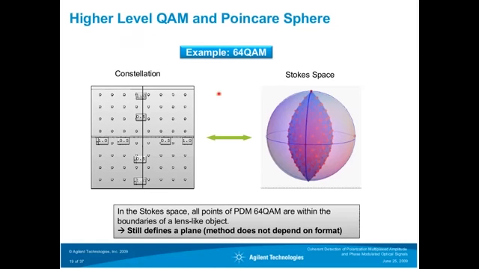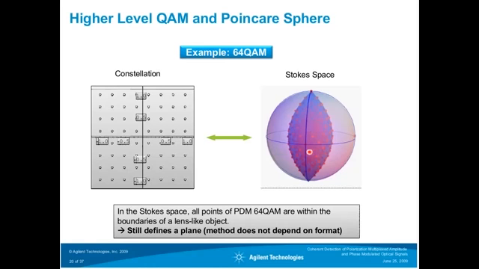So in this case, we have looked into a different modulation format. Here it's a 64 QAM format, an example of a higher-level QAM format. In 64 QAM, you have 8 amplitude levels on the in-phase part of the signal, and 8 amplitude levels on the quadrature phase. If you look at the states of polarization that can be created using a 64 QAM signal on the X and Y polarizations, you end up in Stokes space finding these states of polarization.